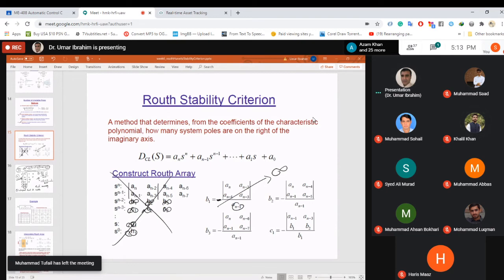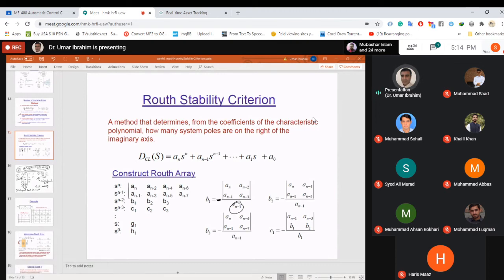So how do we deal with this kind of situation? If we end up with a 0 anywhere in the first column, rather than writing 0 in the first column, not anywhere else. Anywhere else, if there is a 0, it's fine, no problem. But only in the first column, because the first column values eventually become the denominator for calculation of the next value. So if you end up with a 0, let's suppose this becomes 0, you do not write 0 here, you write epsilon, where epsilon is a very small quantity